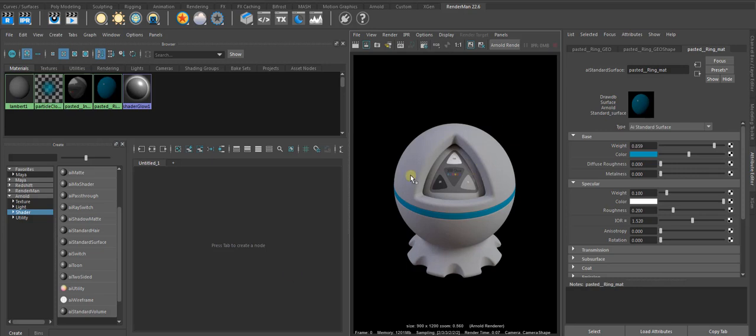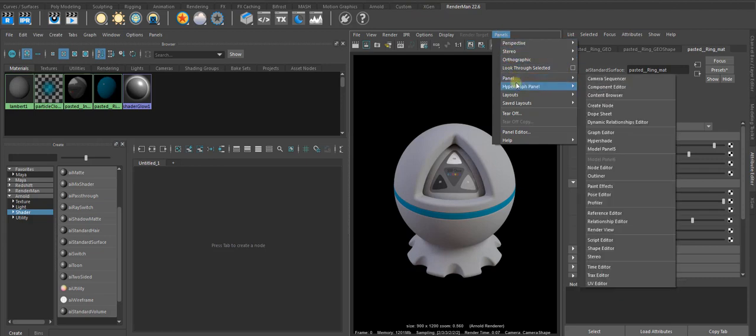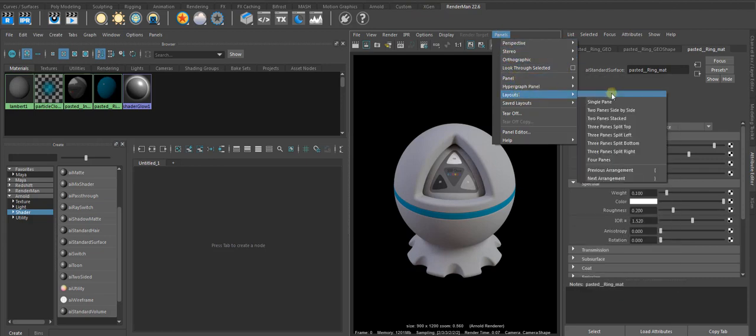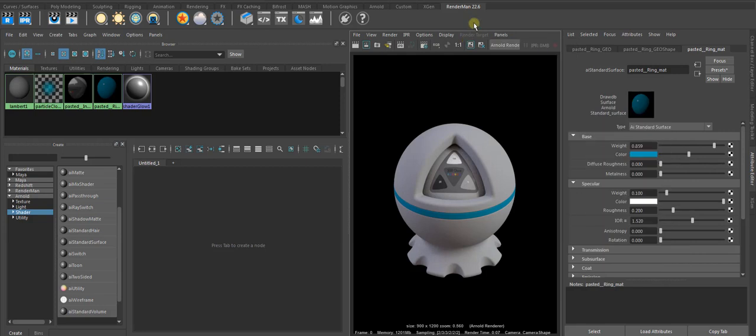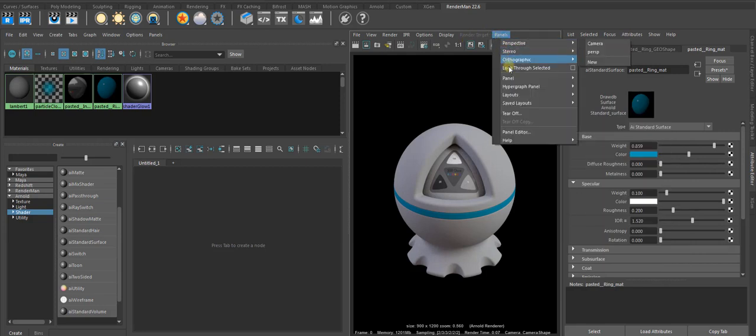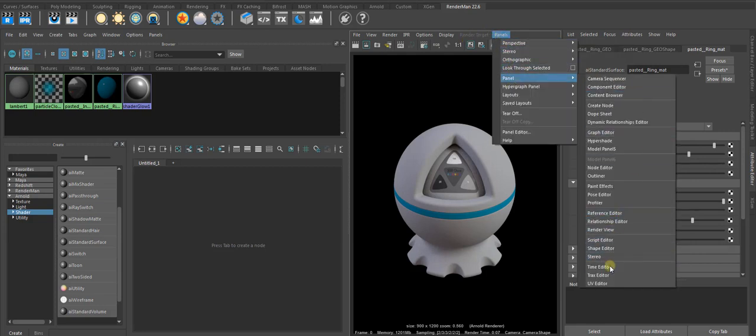So I do have a simple scene here. I've divided my viewport into two sections. One is Hypershade. To bring up Hypershade as a floating window, all you need to do is click on this button right here. What I did, I went with layout, two panes, and then for each panel, I went to panel and picked my